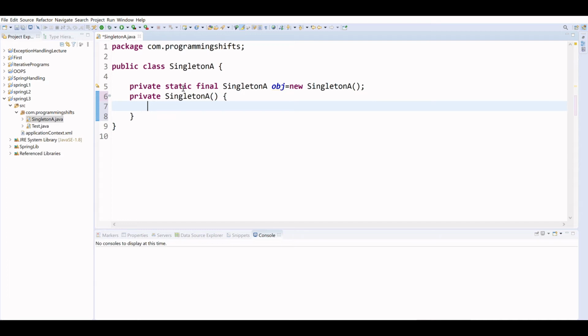So this constructor is private in nature. I'm giving a console message here, so that when an object is created through the singleton class, this constructor will be invoked. I'm giving the console message like: our class is going to create an object. So when the singleton object is created, it will give you a console message. Stay connected and learn the code line by line, so that you will get a better understanding.